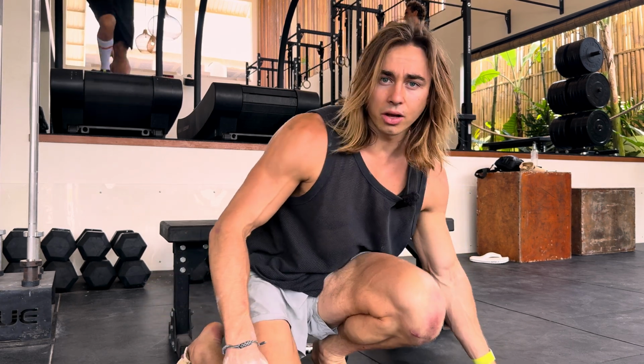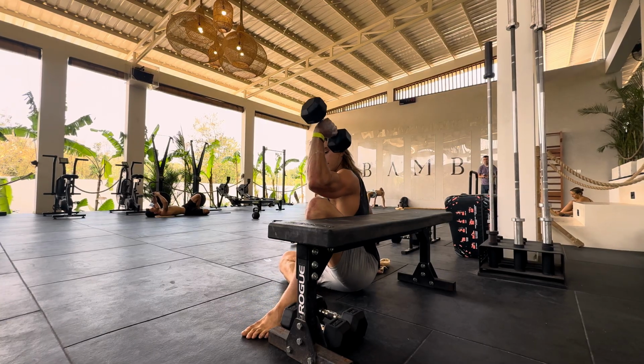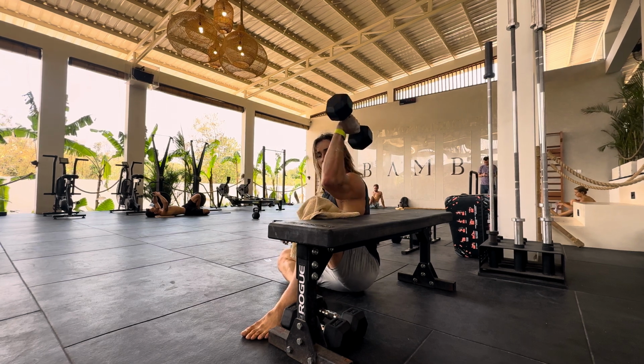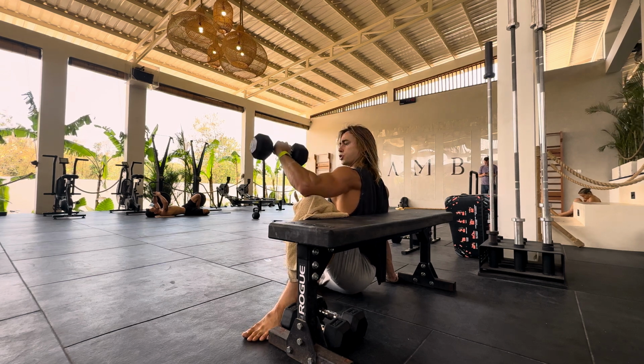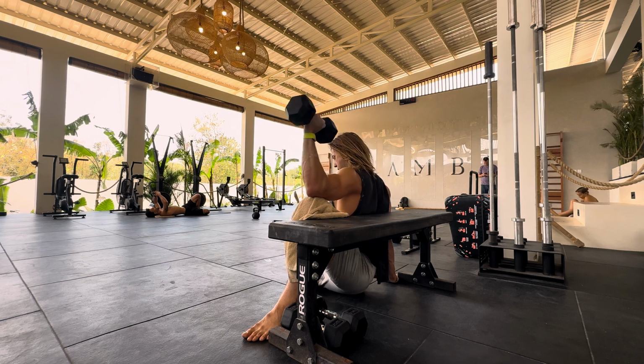I'll go for a back angle so you can see the back side. Same deal here. Leg pinned up, towel on knee so you don't slip off from the sweat. Chest facing forward, nice tall shoulders, shoulder back and down as well. Control that negative. 1,